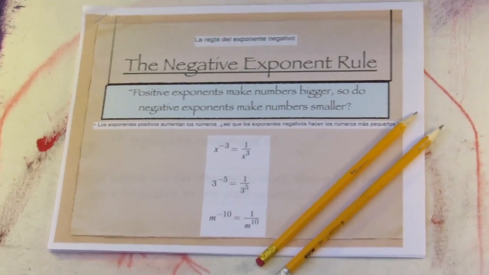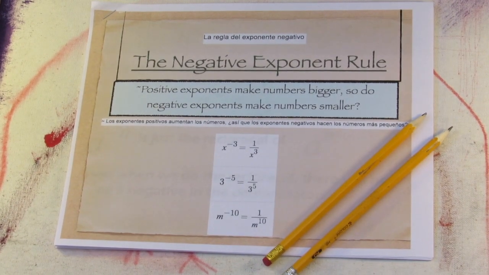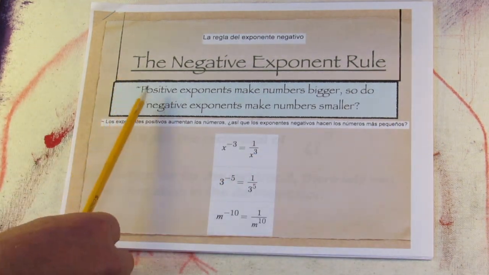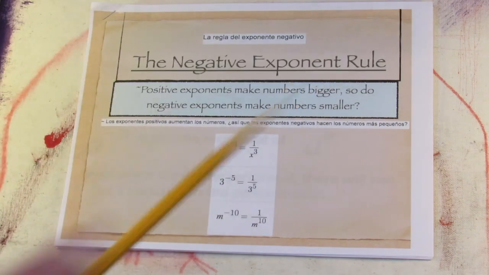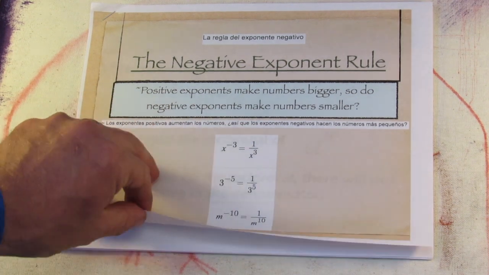Alright, let's adjust this and see if I can keep this stuff in the screen today. Today we're going to learn a little bit about the negative exponent rule. Here we say that positive exponents make numbers bigger, and so do negative exponents make numbers smaller? I bet they do. This is an example of what they look like, and we will move on to our